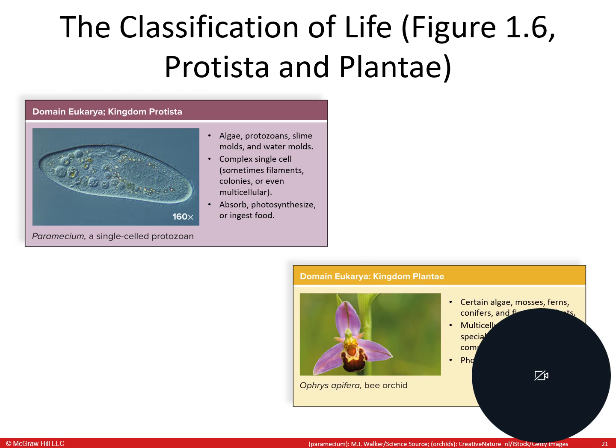Now, in terms of Protista and Plantae communities or kingdoms, right now we're in the eukaryotic side of things. Of course, your Protista is probably going to be the one you're less familiar with. It is characterized, like I said, as a eukaryote, so it has a nucleus in most cases. These are going to be mostly water organisms, so things like algae, slime, protozoa, water mold, right? The algae that sits on the surface of water. Those are all going to be in the kingdom Protista, and they are photosynthetic, like our Plantae community. And so they absorb nutrients from the sunlight and they convert that into usable energy.